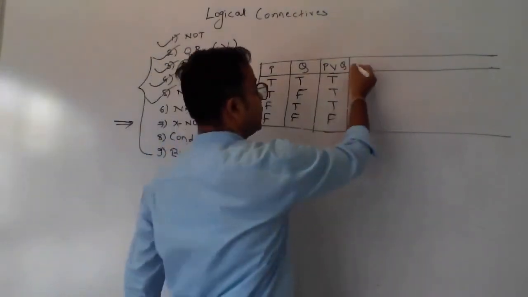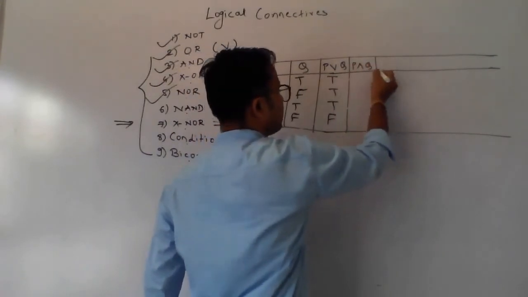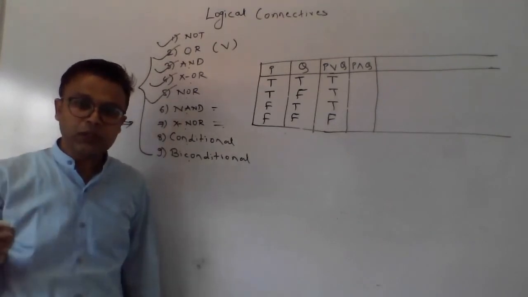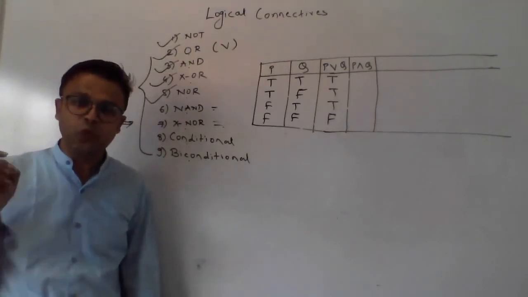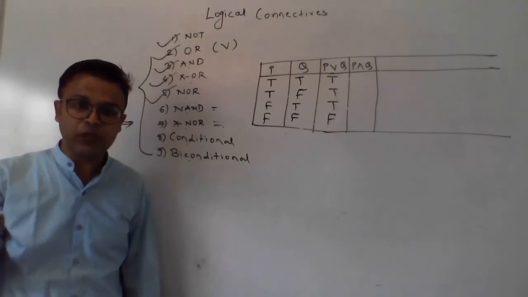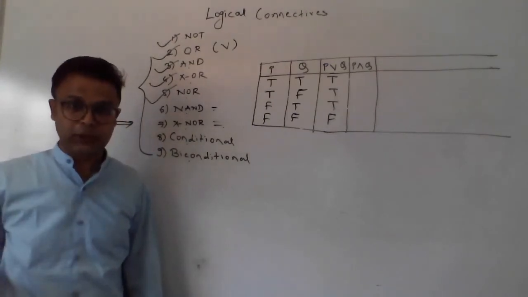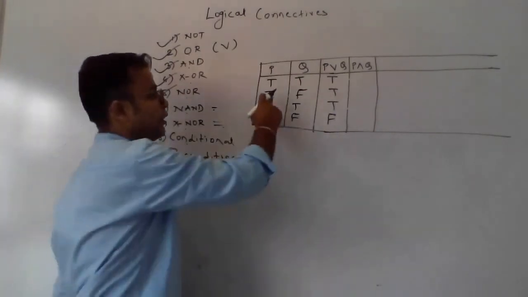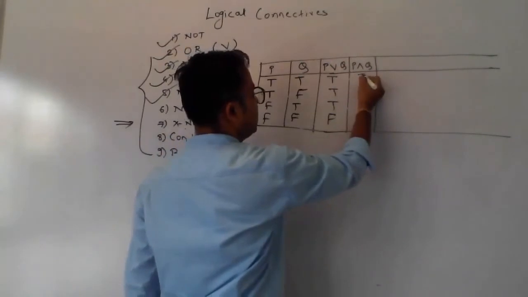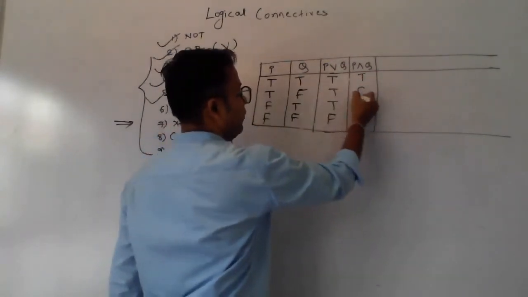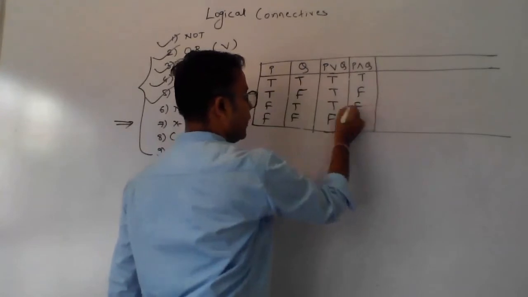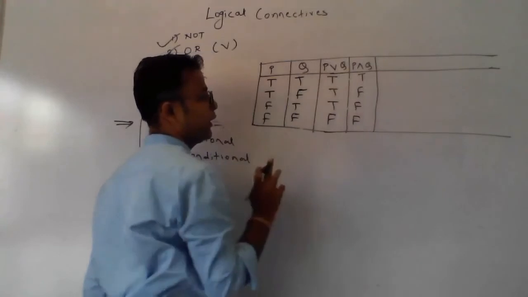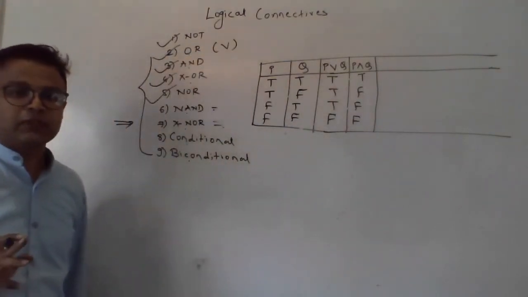Then the next one that we have seen is P and Q. The result of P and Q is true whenever all the operands are true, otherwise it is false. It means that even if there is a single F, then the output is F. So here T, T, we don't have F, that's why it is T, and here T F, F; F T, F; and F F, F. Why? Because even if there is a single F, then the output of AND is F. Got it? So this is your P and Q.